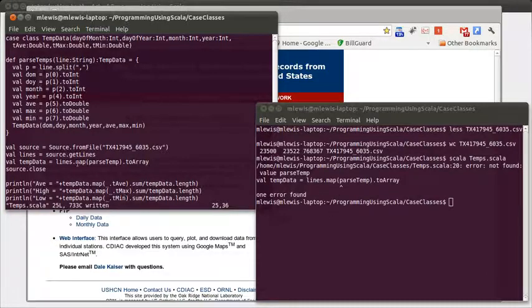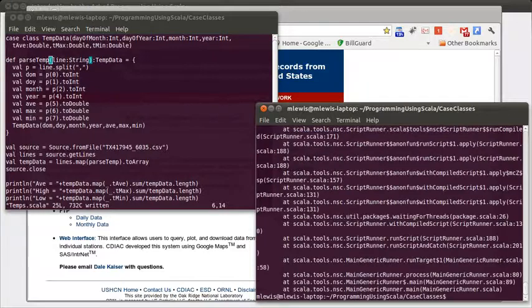Parse up temp. There's an S on this one, not on the other. This is actually parsing a single temperature, or a single day. So we'll make it singular. And this runs, and